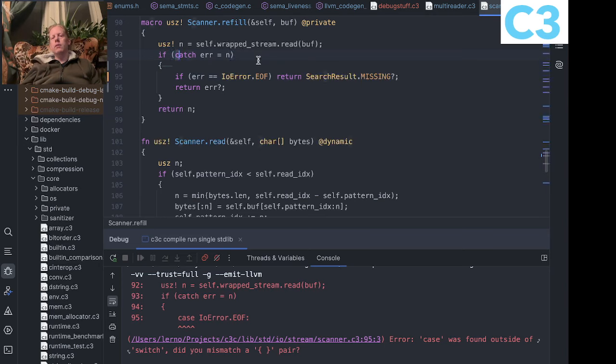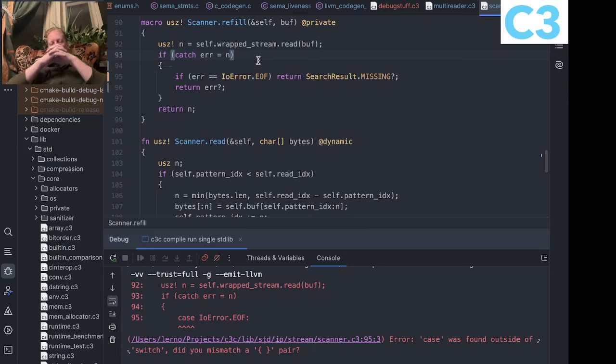You could just catch something special here, but I don't think that anything... I don't have any construct which is shorter than actually writing an if statement. So